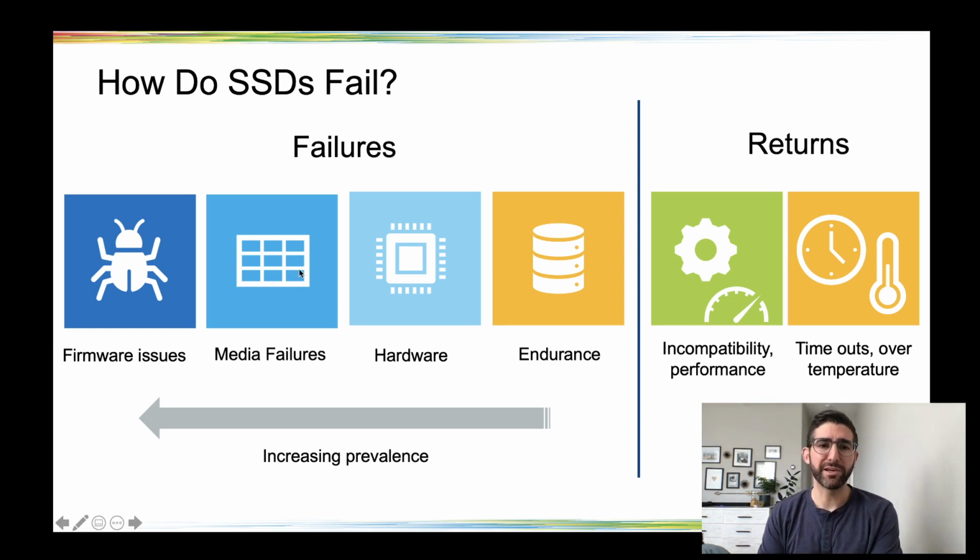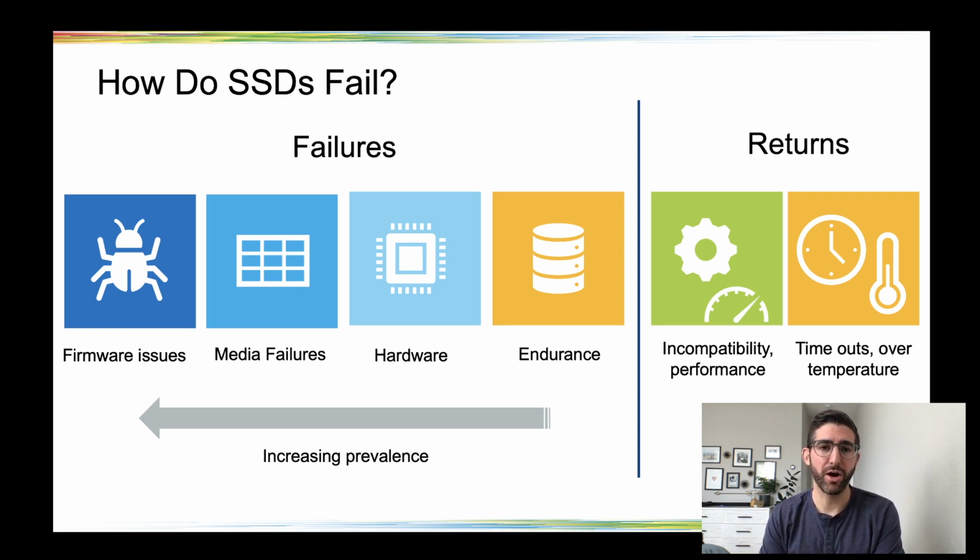Now, media failures. Looking at increasing prevalence, most enterprise drives are designed to actually withstand media failures. Most enterprise drives today have something like an onboard XOR or a RAID engine, or some vendors call it fail in place. Basically, enterprise SSDs are able to withstand failures, not only specific block or page failures, but also entire die failures. Typically this is not a very common failure mode, although sometimes there's bad NAND or bad firmware that causes more media failures than is normal. It's not to say that it can't happen, but it is more rare than